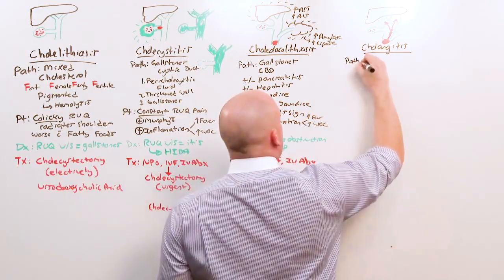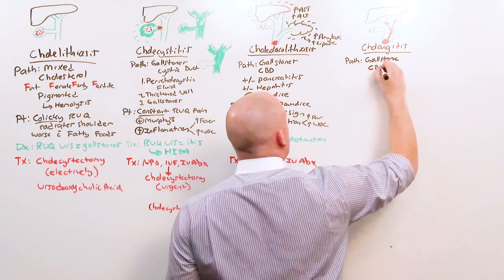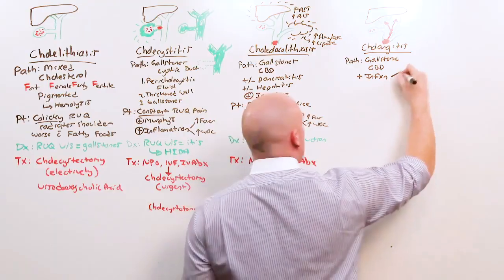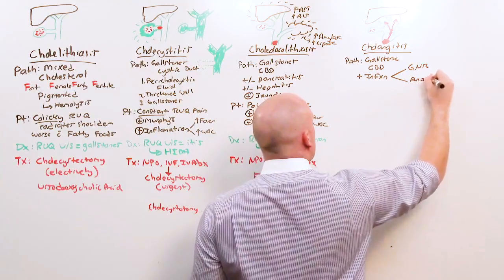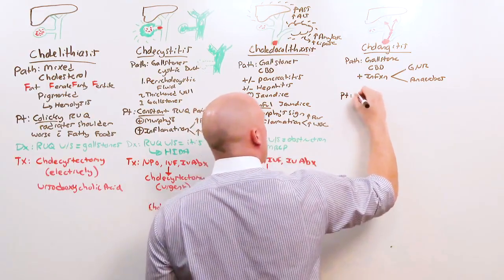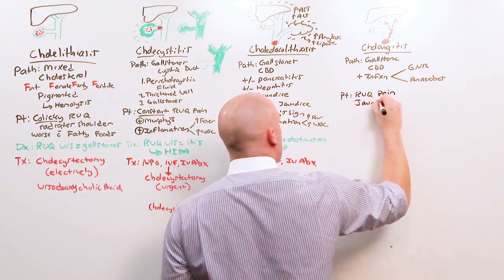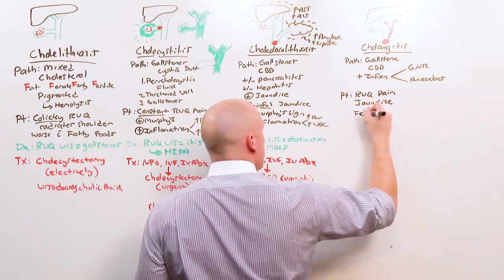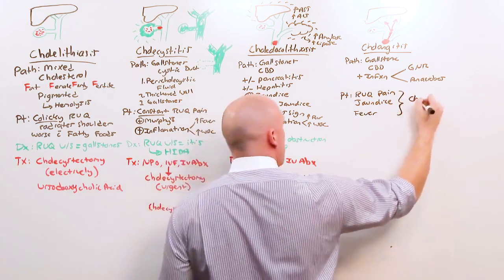The pathogenesis is a gallstone in the common bile duct with an infection. And the infection is usually with the gut flora. Gram-negative rods, anaerobes. The patient is going to present with right upper quadrant abdominal pain, jaundice, that's the painful jaundice, and fever. Right upper quadrant abdominal pain, jaundice, and fever is the Charcot's triad